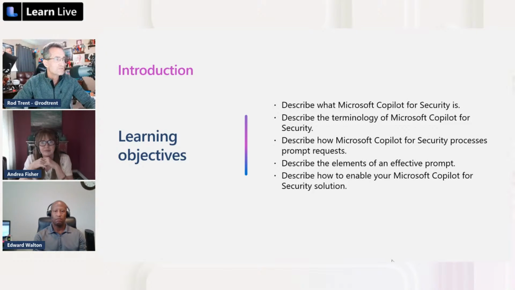We're going to talk about effective prompts. Prompts are the most important thing for these chatbots or these generative AI applications that are all over the place. You've probably seen it in ChatGPT or anything else, right? Depending on how you pose your question, you're going to get a different response. Copilot for Security is very specific to security. So there are some things you have to pay attention to in order to get the responses you want from a security perspective. We'll talk about that.